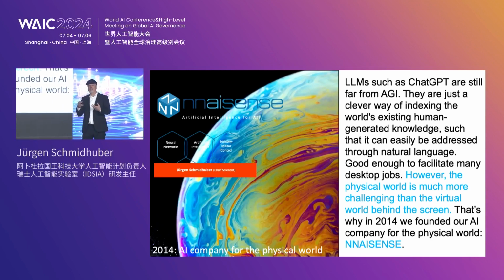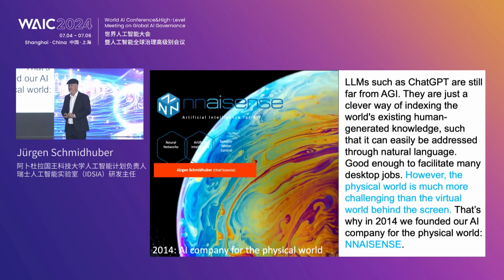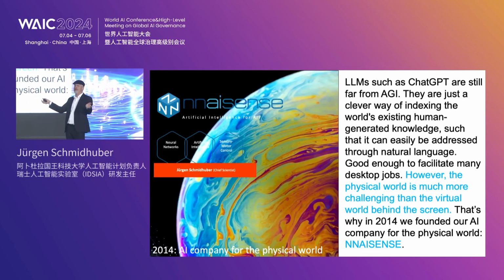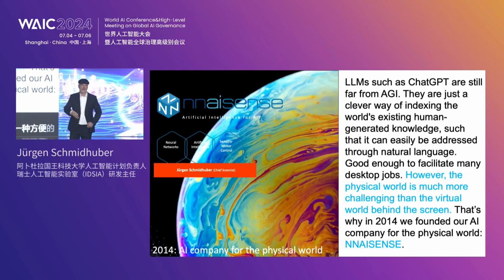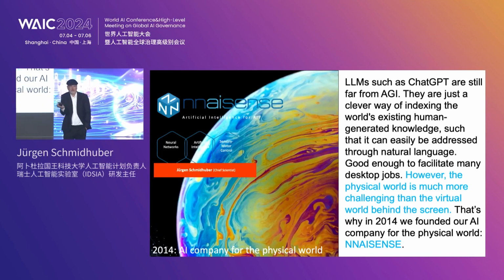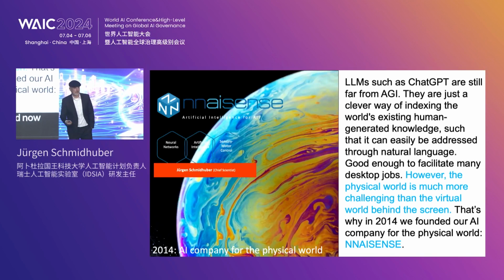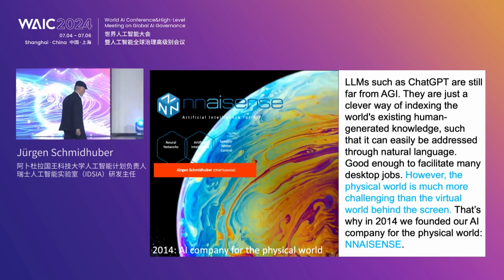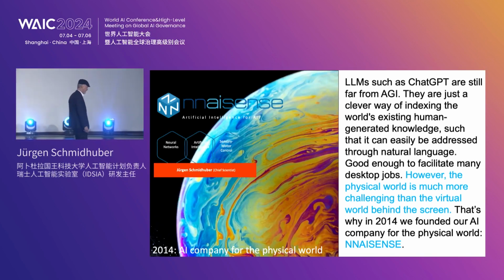However, these large language models are super limited. They are just a convenient way of addressing the knowledge of mankind, convenient because the addressing method is natural language. But of course, it's far from AGI, because for AGI, you need decision makers and you need to have AI in the physical world. Now, AI in the physical world is much, much harder than AI in the virtual world,